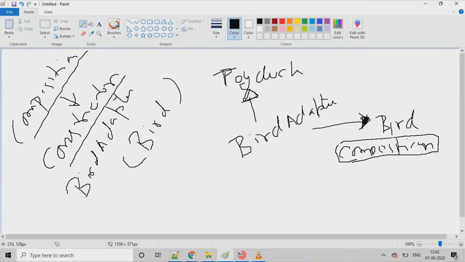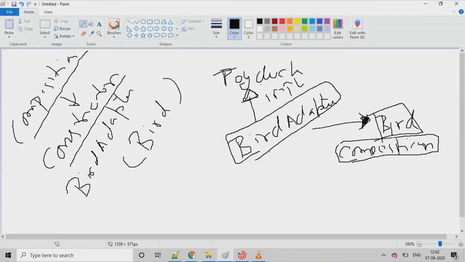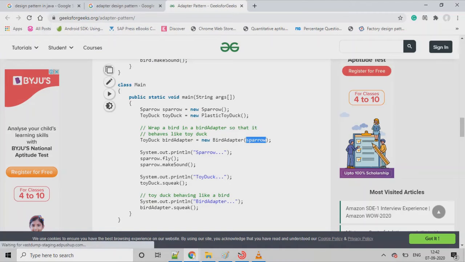Calling the adoptee's method. So this is the client. Let me make it clear again. So this is the client, which is calling the target, which is here the deploy duck, squeak method.